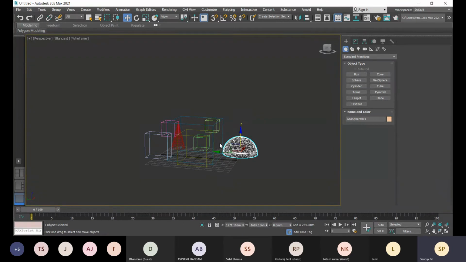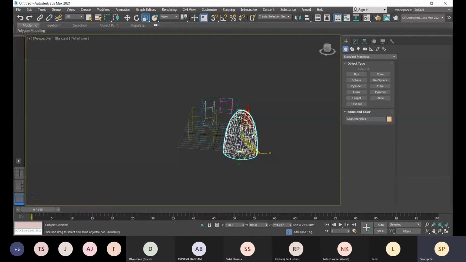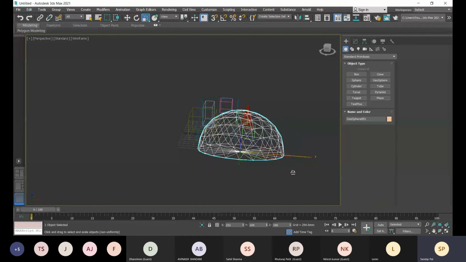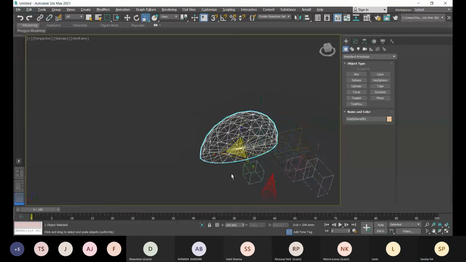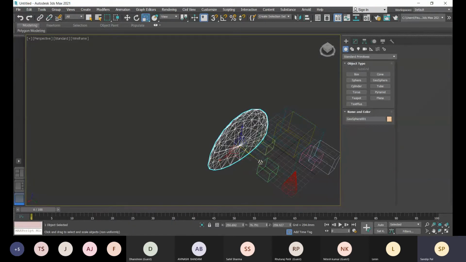Now you can modify it with the scale as well. Here you see you can scale like this. In the Z axis you have scaled it. If you want to scale only in the X axis, it will be scaled only in the X axis. And if you want to scale in the Y axis, you can scale it.